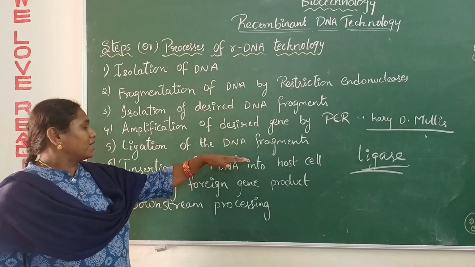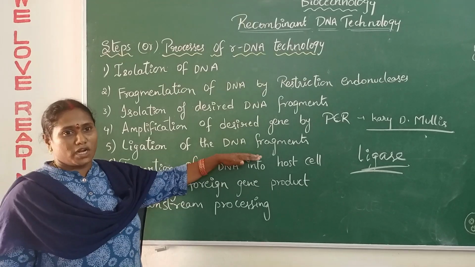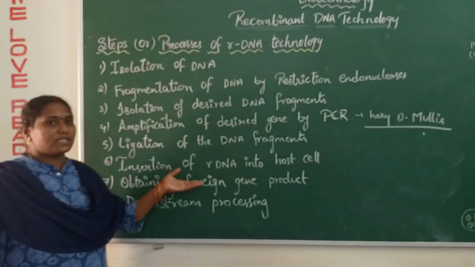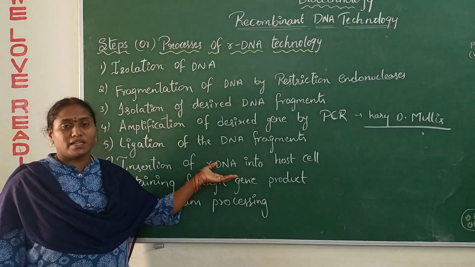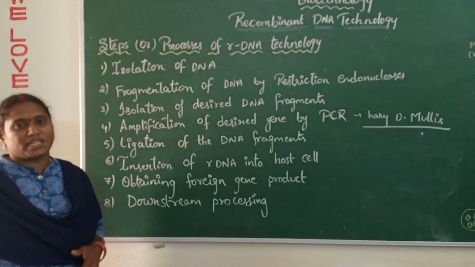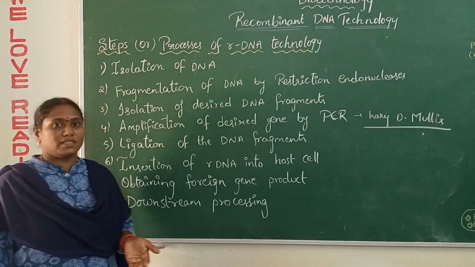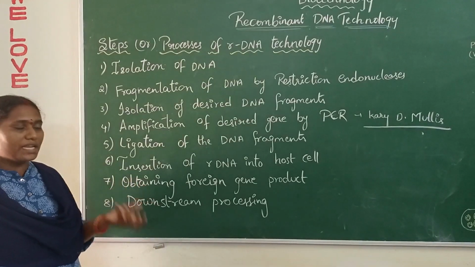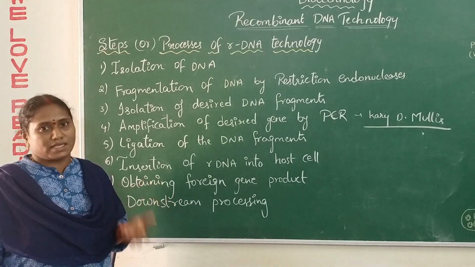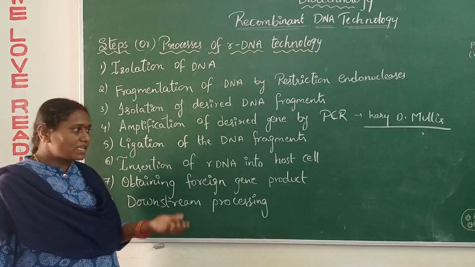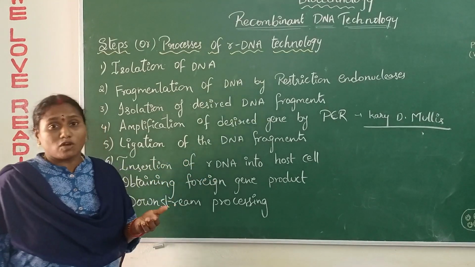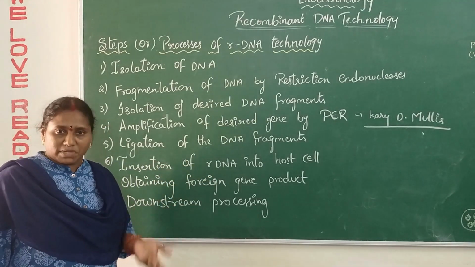Here we are going to get a recombinant DNA molecule. Now we are going to study the insertion of the recombinant DNA molecule into the host cell. Here we are using a bacterium called E. coli for inserting the recombinant DNA. Whatever DNA we have produced till now, the recombinant DNA will be placed into the bacterial cell. It is not an easy process to place the recombinant DNA molecule into the cell. It is a very complicated, very time-taking process.